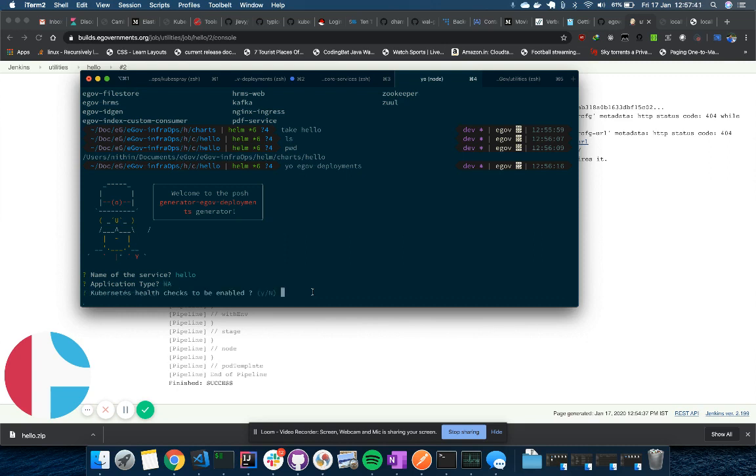Health checks are basically Kubernetes will keep pinging the health endpoint to check if your app is still alive. There are times where the app is there, but it's in a stuck mode, a hung state. Traditionally, you would have to go there and actually fix those apps. But in this case, Kubernetes will do that for you every 30 seconds or 60 seconds. It will keep pinging that URL and see if the app is still responding. If the app gives a 200, then it's still responding, and it's fine. If it does not give a response, it restarts the app. Okay.